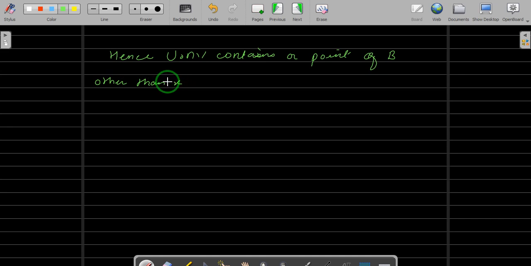And this implies, since u naught intersection V is a subset of V, that V will contain